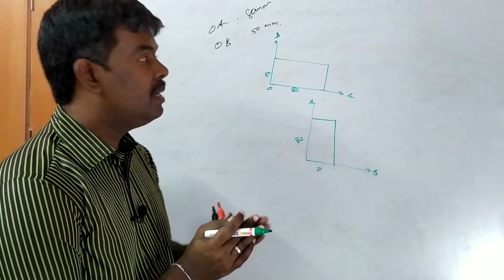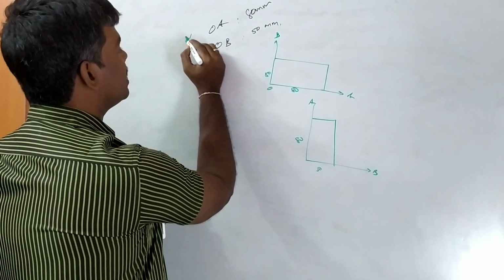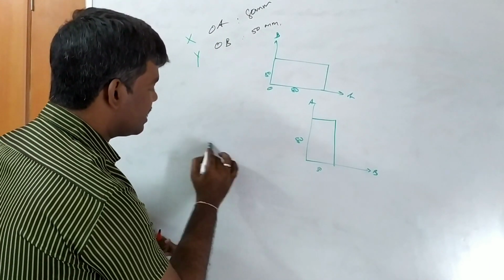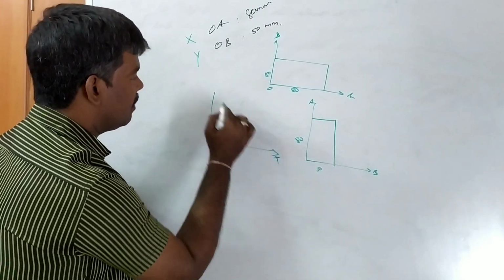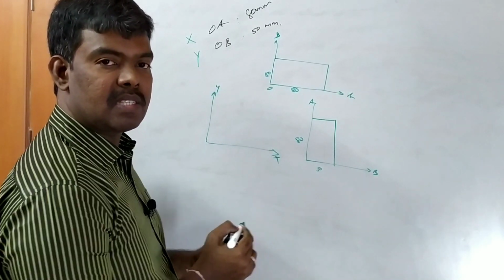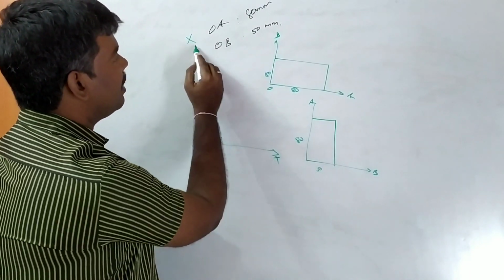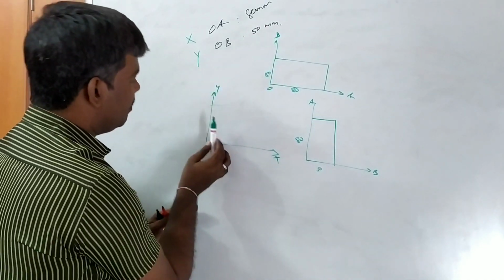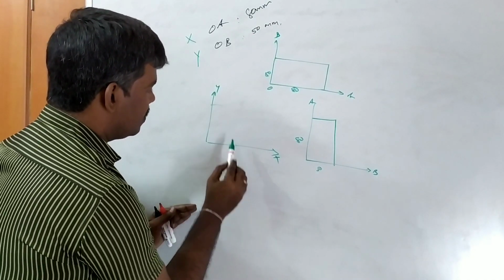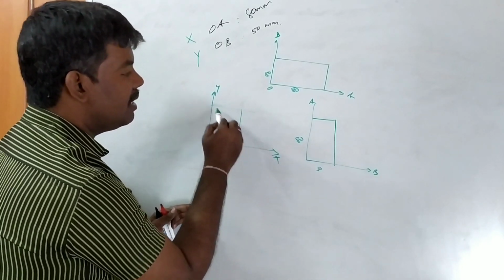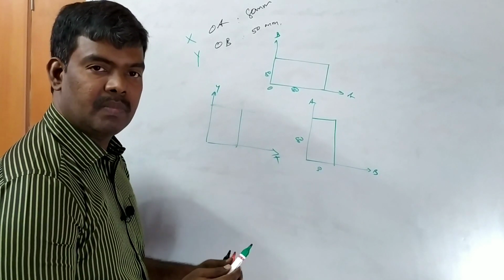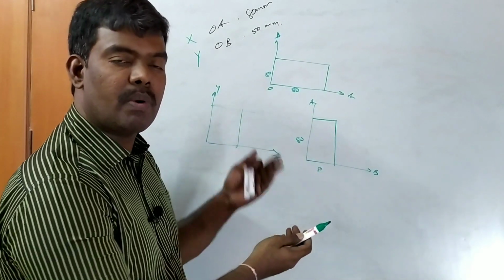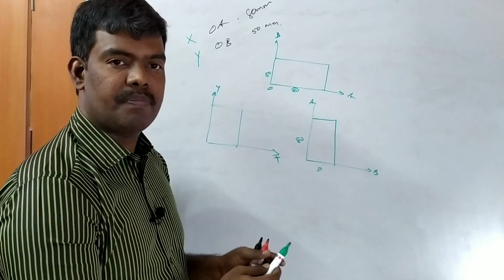Specifically in this problem, 80 is from the x coordinate and 50 from the y coordinate. By default x is horizontal and y is vertical, from school studies itself. Therefore 80 from x, and 50 from OY, so you compulsorily get a vertical rectangle like this. But here, since OA and OB are mentioned, either x is considered as OA and y as OB. The choice is ours.